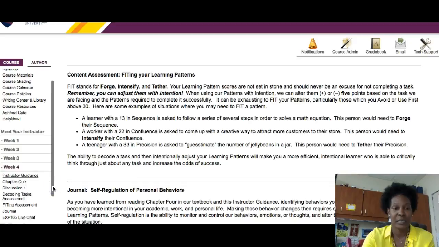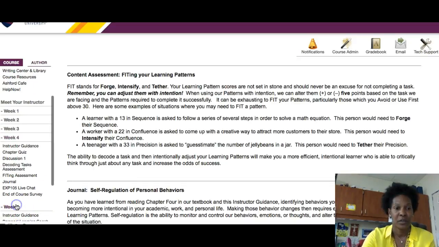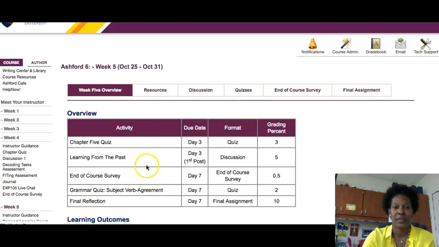So looking into the next week, your final week. So here's your week 5. So let's go ahead and look. These are the things we're going to have to take care of in week 5. So you have a discussion here, learning from the past. So it's going to be like a reflection piece, but it's still going to be on the discussion board. And then you have your final reflection and waypoint for 10. So make sure that you get all of these accomplished by day 7 next Monday, which is your last day,